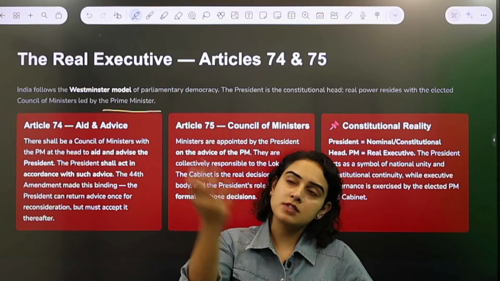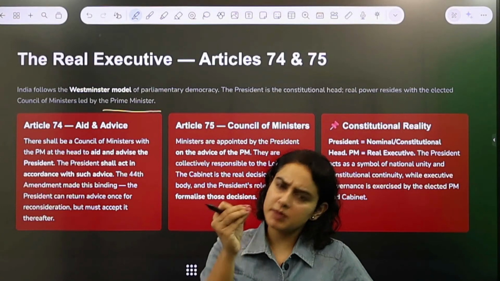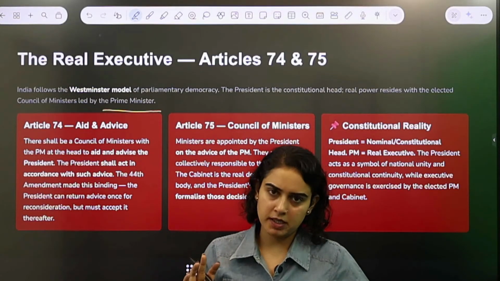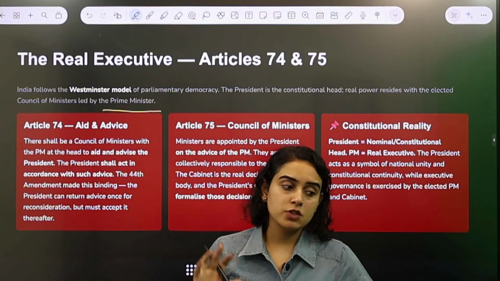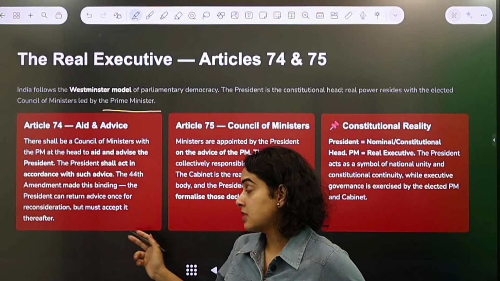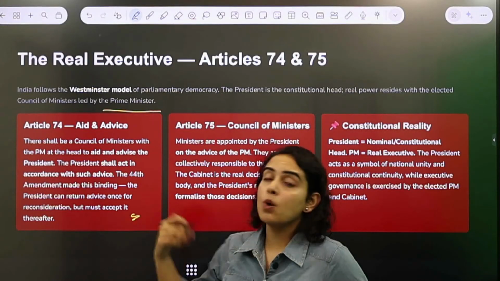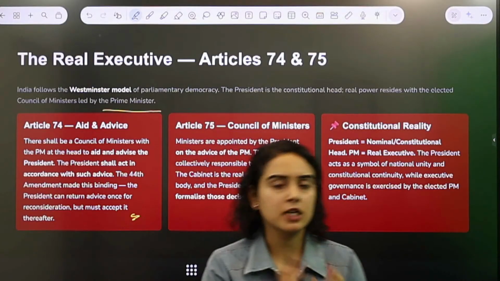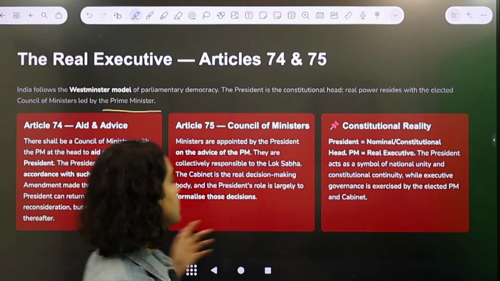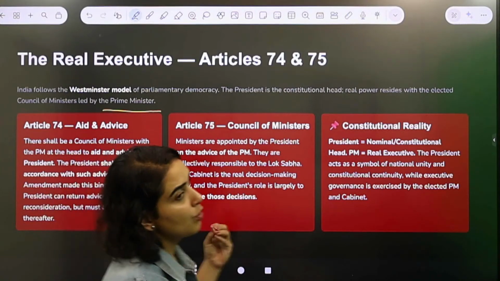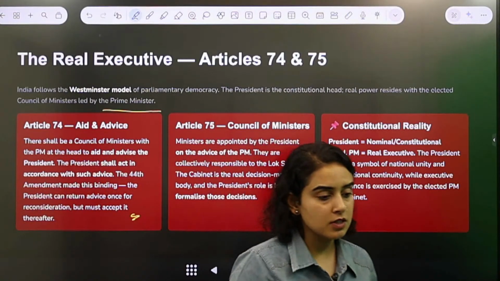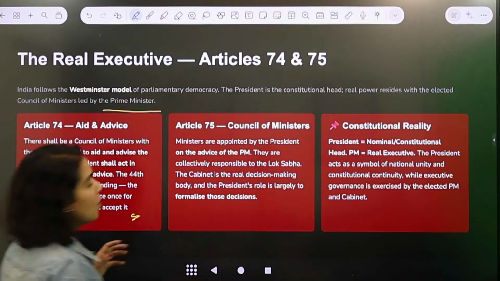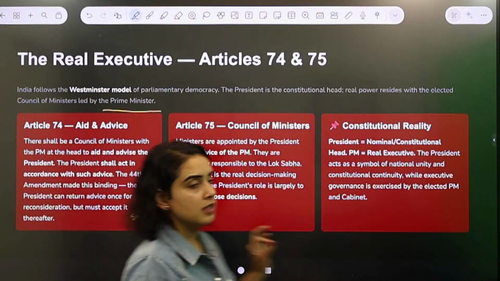So this council of ministers that we have is part of the executive because they are making plans of action for how the law has to be implemented at the ground level. Now, this is very interesting because our chief executive is also part of the parliament. So legislature and executive in that way are linked with each other. And the prime minister is going to act as the head of the council of ministers, right? And real power is always going to be with the council of ministers.